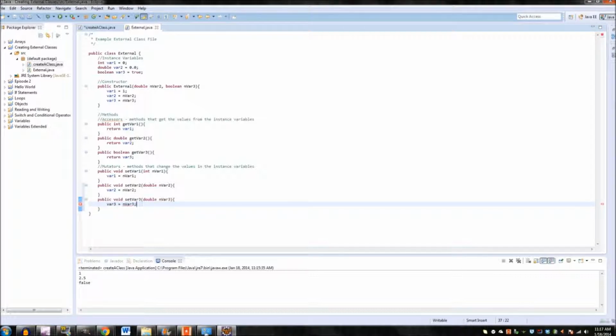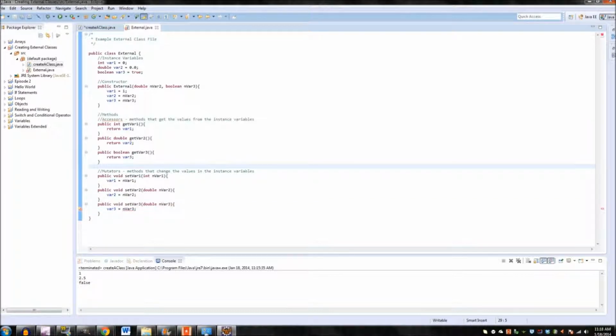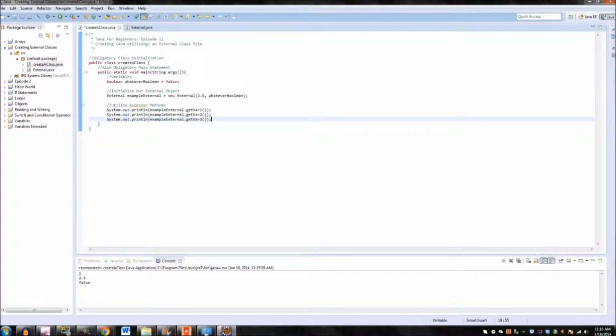There we go. All right, so then we have all of our mutators. We can separate that a little bit. Oh, this should be a Boolean. My apologies. I wasn't paying attention to what I was writing. There we go. All right, so now if I wanted to